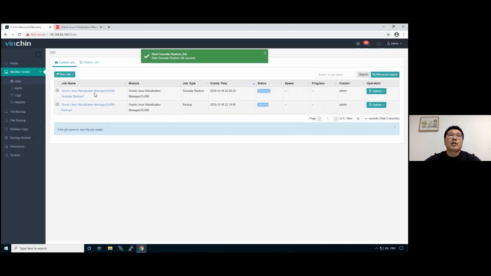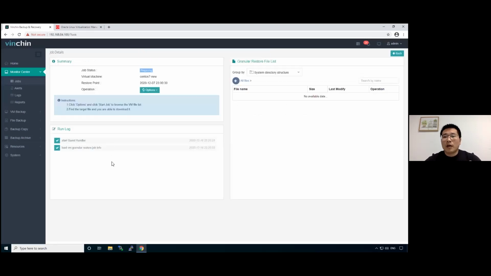Now it's preparing for granular restore. Actually, now it's running a KVM environment within the Vinchin Backup server, and then we'll mount the selected backup to the KVM environment, and then the file system will be presented on the right side. This will take a little while.